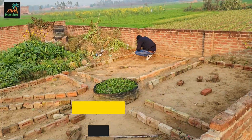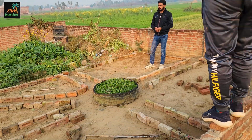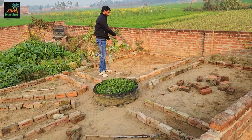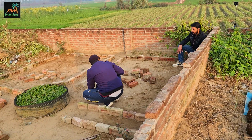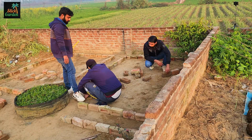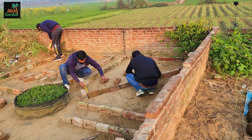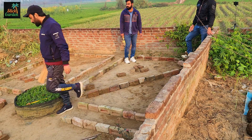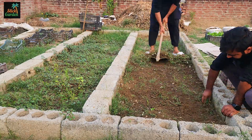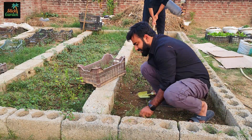Number 1 is the raised bed garden. Raised bed gardening involves building a contained area filled with soil above ground level. These beds can be constructed from a variety of materials such as wood, bricks, or concrete blocks, providing flexibility in size and design. The raised bed offers several advantages, including improved soil drainage, better pest control, and easier access for